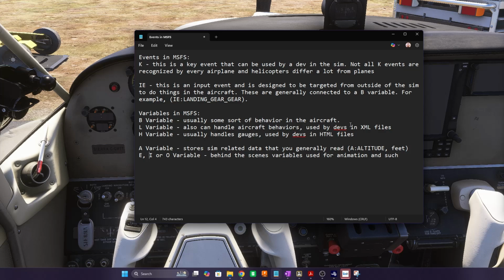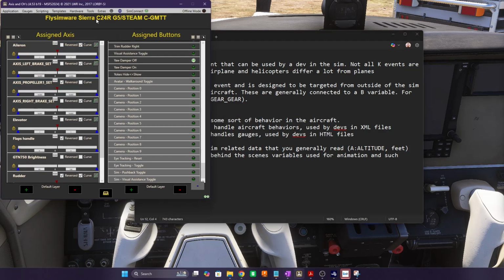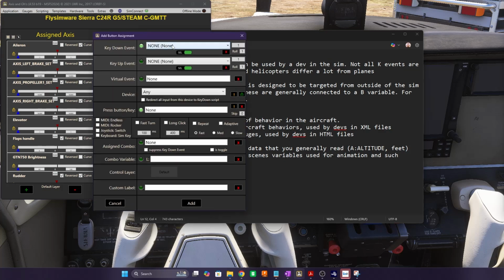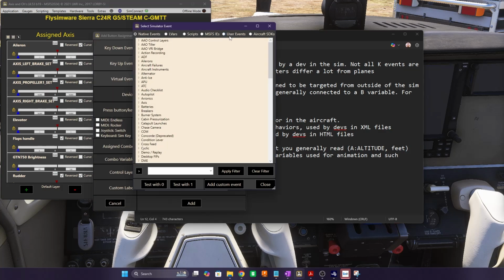The landing gear is a good example. In order to find this event in Axis and O's, if you have Axis and O's installed, you could just go hit the plus to add a bind, click on key down event, and it brings up this window. So those Microsoft input events are this fourth item here, and there's a lot of them. We could search for landing gear and then apply that, and we will see